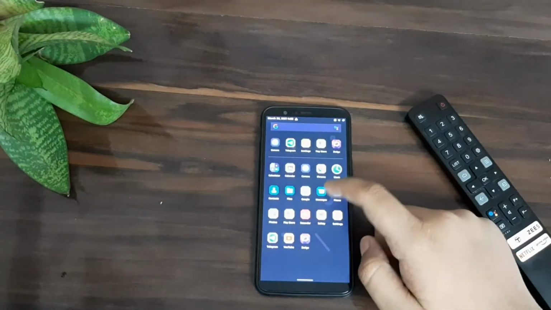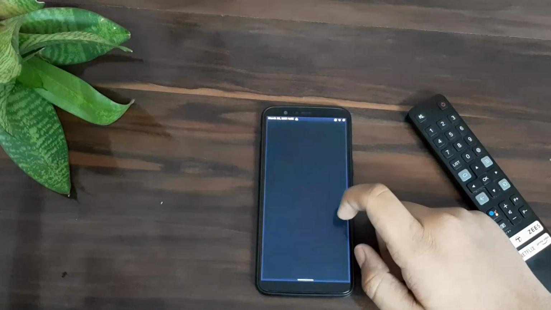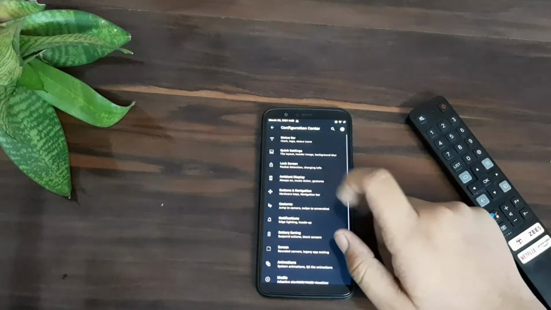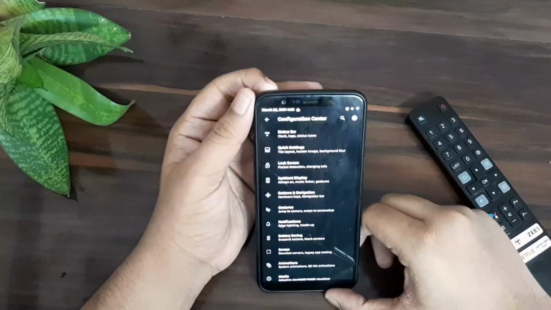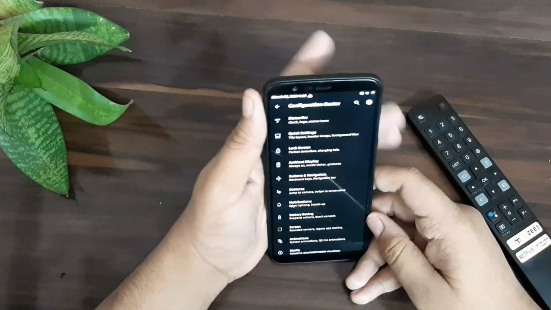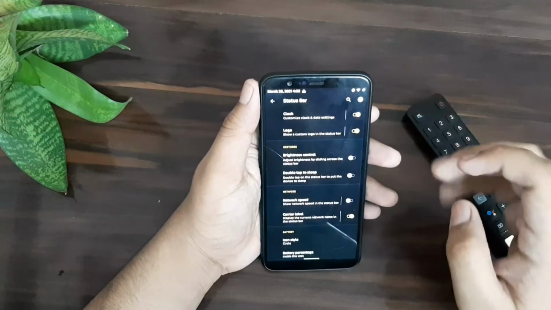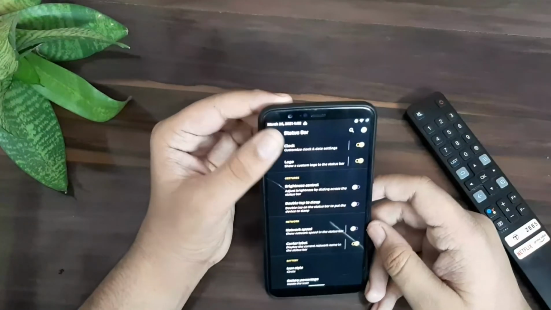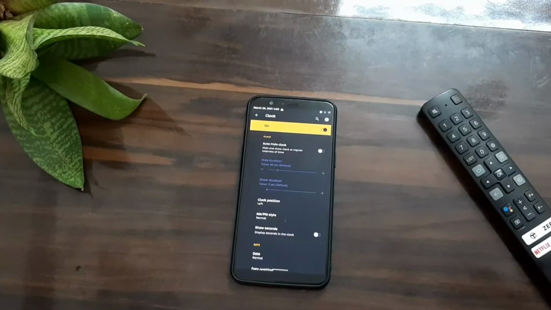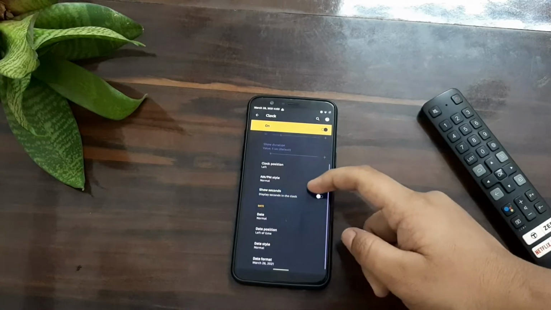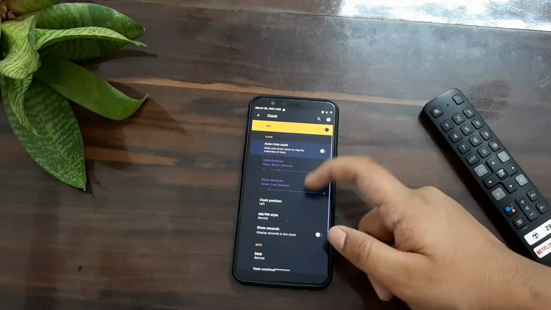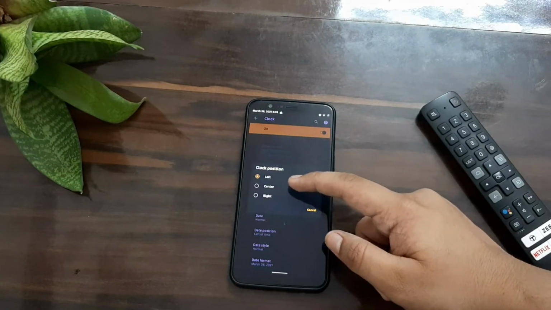By going to Settings, I will show you. Here you can see the configuration center for Havoc OS. By going into it, you will see lots of customization options. I will focus on this. Here you can customize your clock or status bar. I am going to customize my status bar. You can customize your clock. Wait for a minute, due to some light issue, something has happened. Here it is. You can auto hide the clock, set at which time you want to hide the clock, and you can change the position of the clock, like center.